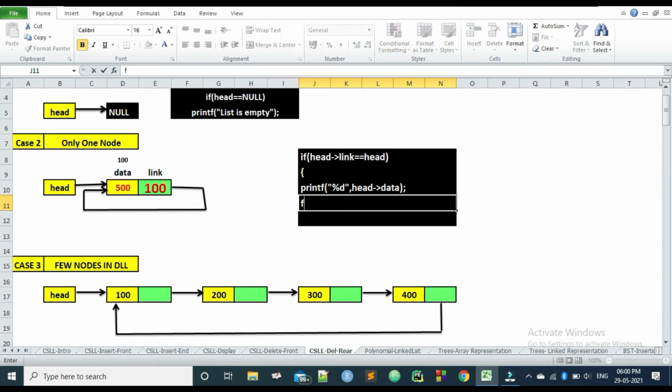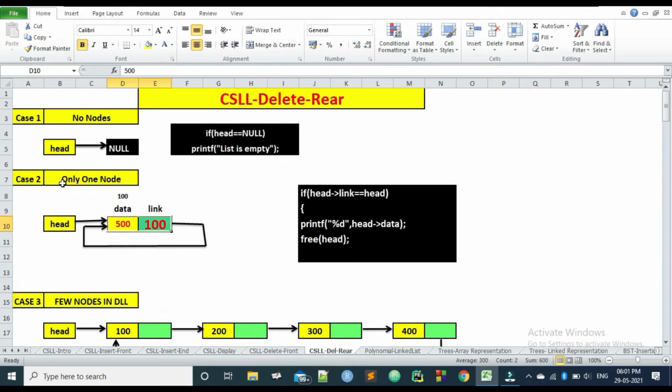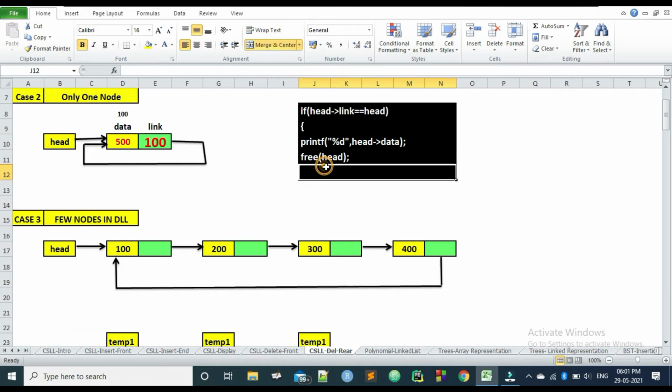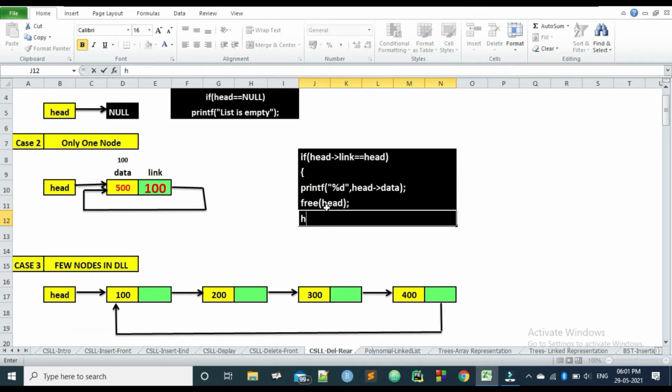So you can write free head. Once you write free head, this node will be freed. Then after that the head should be made null, because once you remove the only one node, it becomes case 1, that is, it is not going to have any node. So here you have to write head equals null, and then you close this brace. So this is the second scenario.